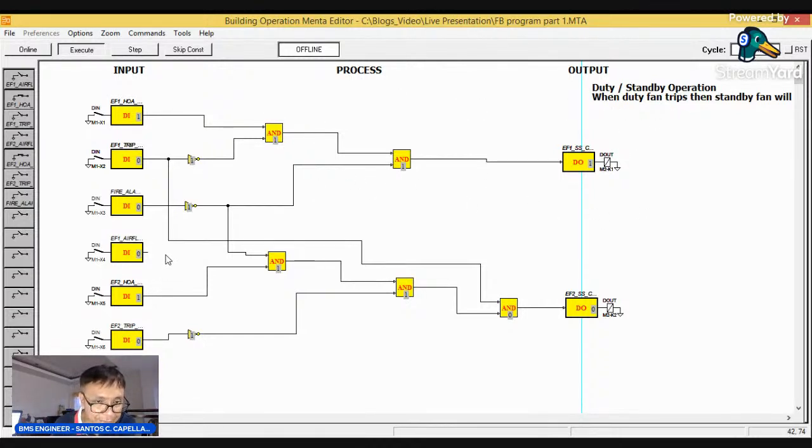Okay, so that is a very simple scenario. Okay. Now, the other thing that we need to check here is when there is fire, which is very important, guys. When there is fire, this equipment should stop. So let's simulate a fire. Okay, this one. Okay, now as you can see, our equipment stops,